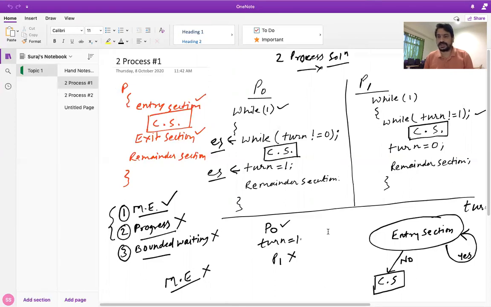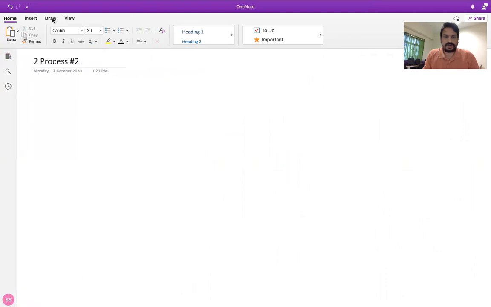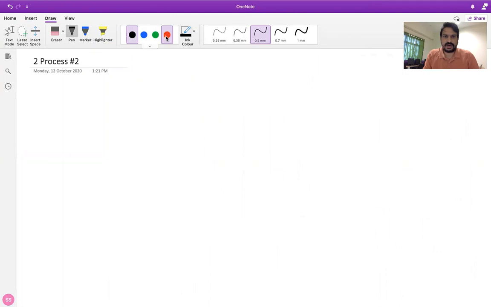So right now we are in the two process solution. Two process solution means we try to understand whether we have any algorithm or any solution which will work for two processes. Once we get it, then we'll go to n number of processes. So let's go to the other solution and try to understand how it works. So we know that if some process is there,